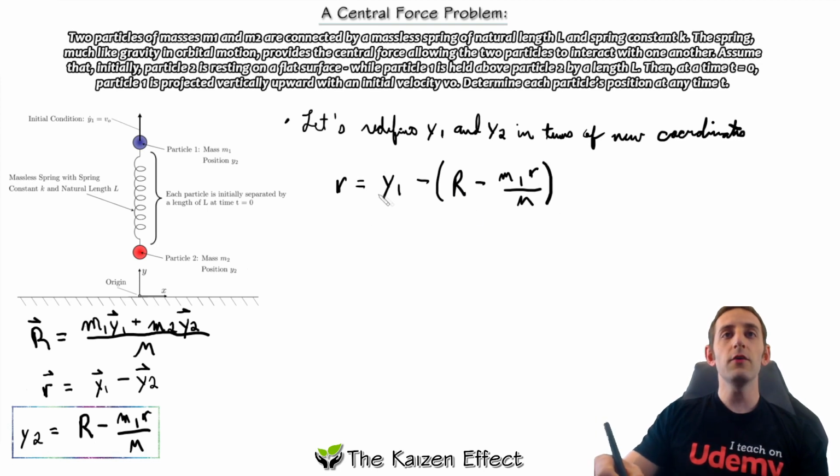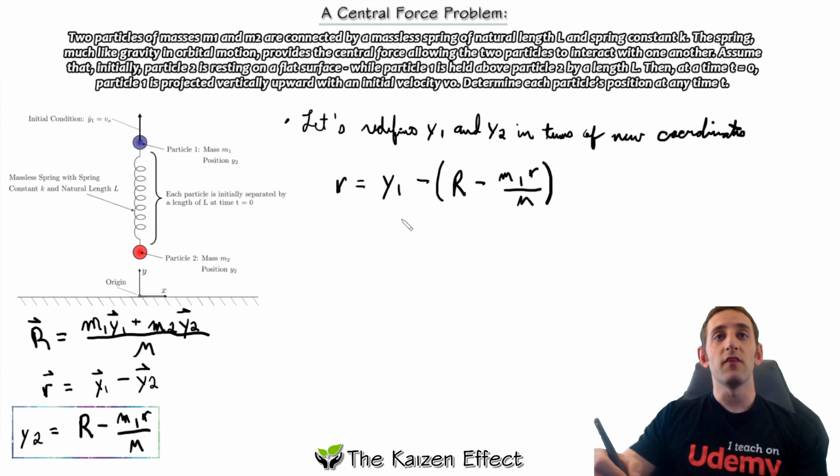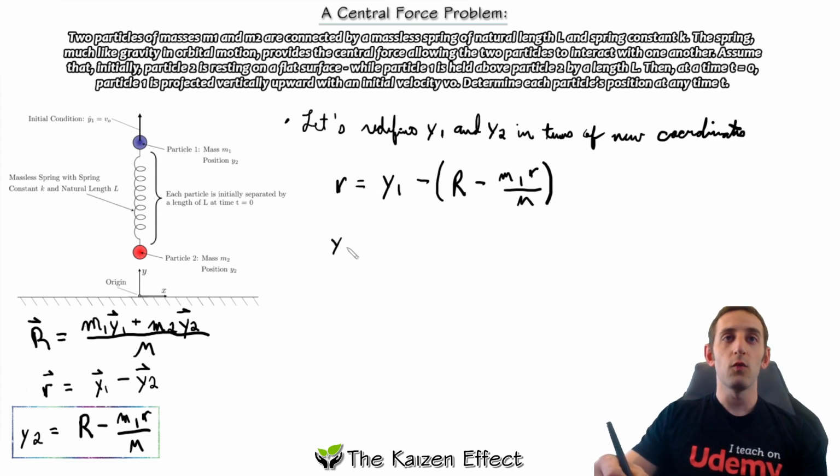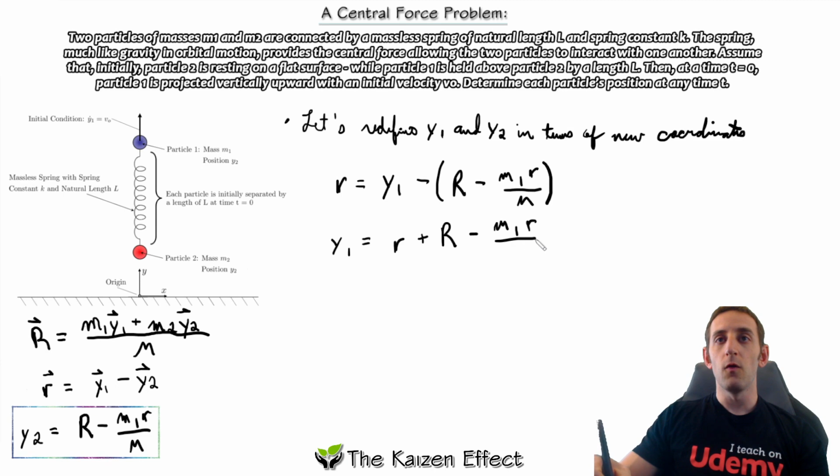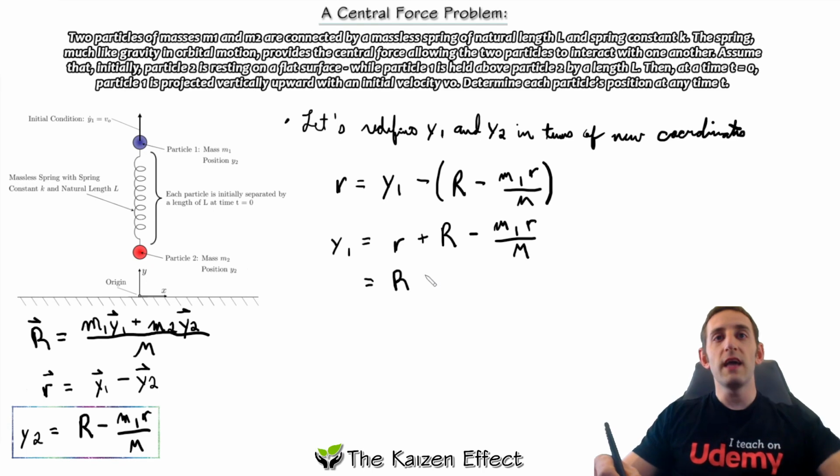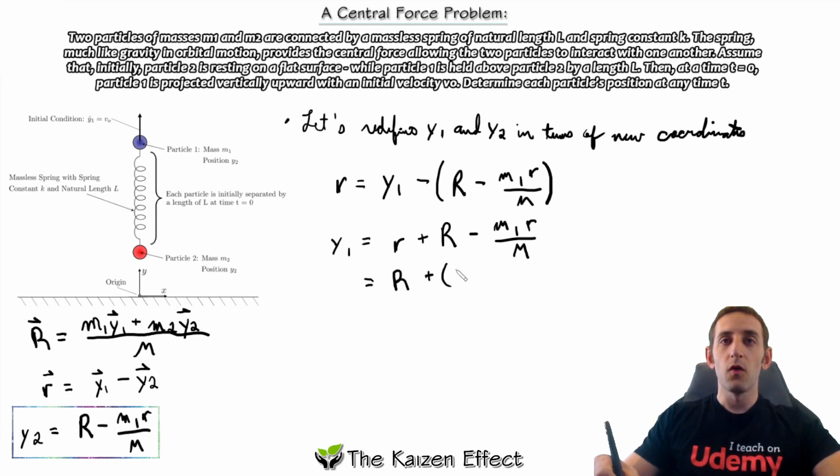Okay? And all we need to do is isolate this y1. So we get y1 is equal to little r plus big R minus M1 little r over big M. Okay, so now we just need to combine these terms. So I'm going to leave the big R out front, and then we get plus 1 minus M1 over big M,